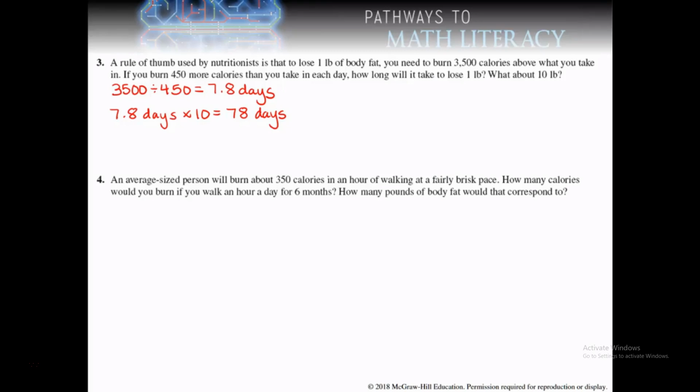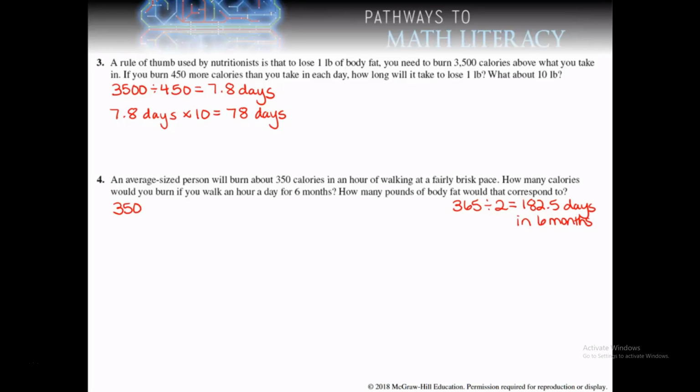So 350 calories per day for that hour that we're walking, times how many days are in 6 months? Well, that's half a year. So if there are 365 days in a year and 6 months is half a year, that comes out to 182.5 days in 6 months. That's probably the best estimate we can get, because every month has a different number of days, so this would be a good average. So 350 calories a day times 182.5 days gives us